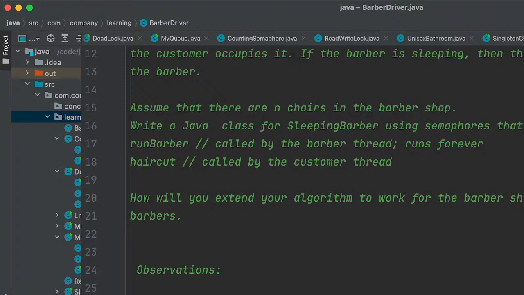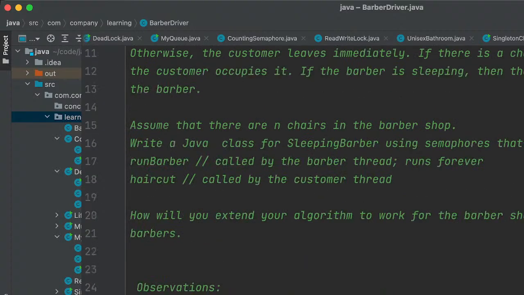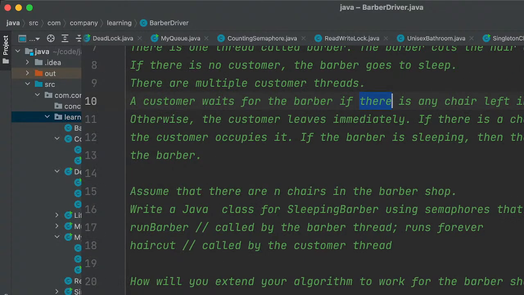So we can initialize a semaphore with value n. But the thing is, if there is any chair left, okay, but otherwise the customer leaves immediately.